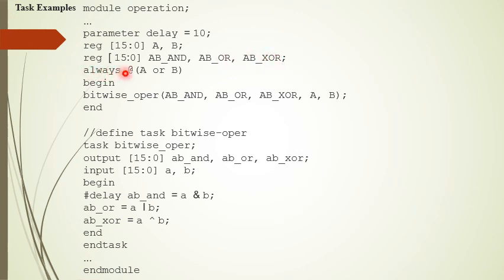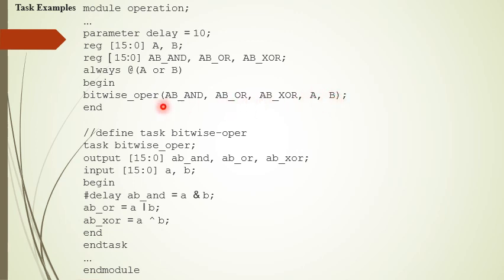Now the always block has the sensitivity list input A or B. So inside the always block we invoke the task, that is bitwise_oper, and inside the brackets we list the outputs one by one, that is AB_AND, AB_OR, and AB_XOR, comma A comma